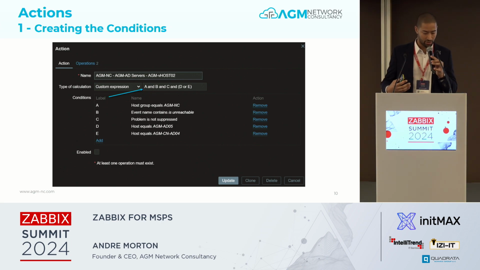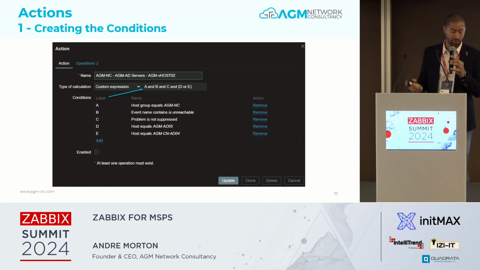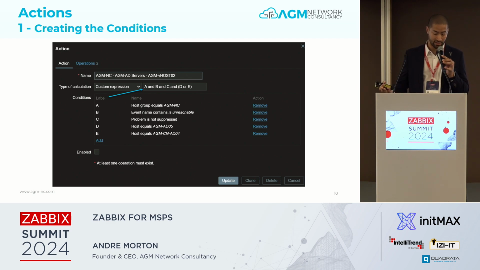So creating the conditions. Here we've got a simple example of an action that's going to reboot a virtual machine when the service becomes unreachable. So we just pop in a simple name, and then I'm going to jump down to the conditions. We've got a number of conditions here, so that it's a member of a certain group, it meets the values that it contains